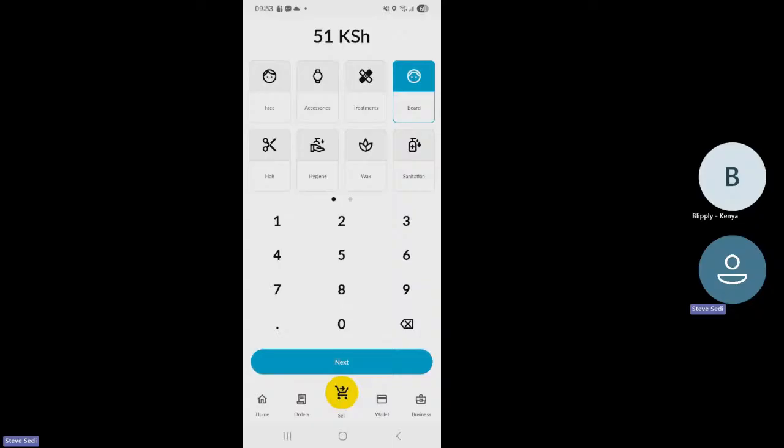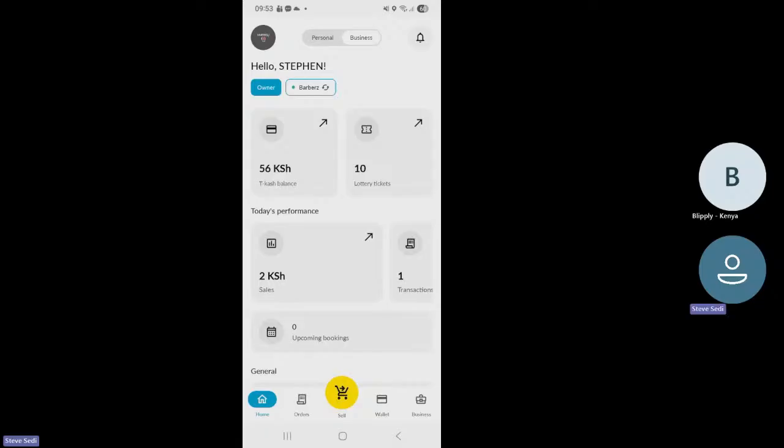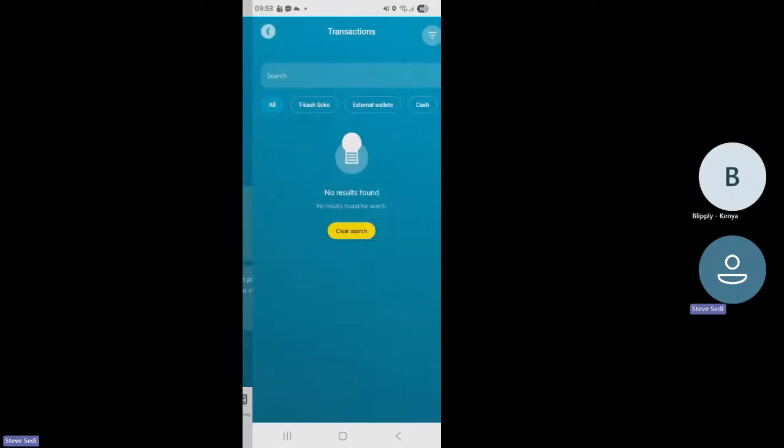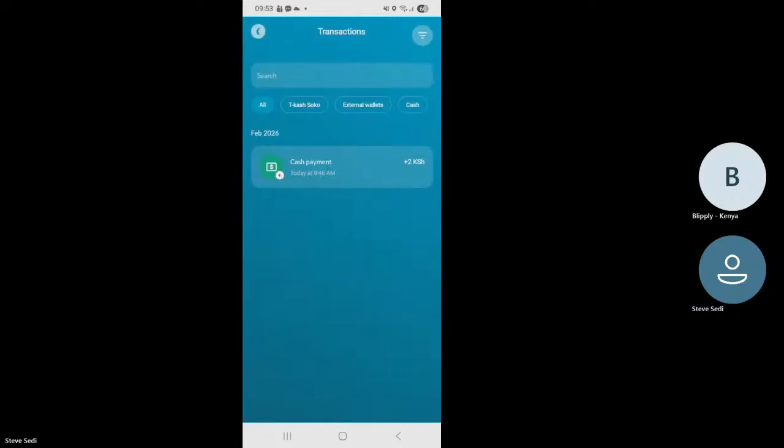If you want to view the transaction history, you come here, assuming it is home, then you go to wallet. When you select wallet, that will appear and you'll see all the transaction histories. View all. You see all the transaction histories